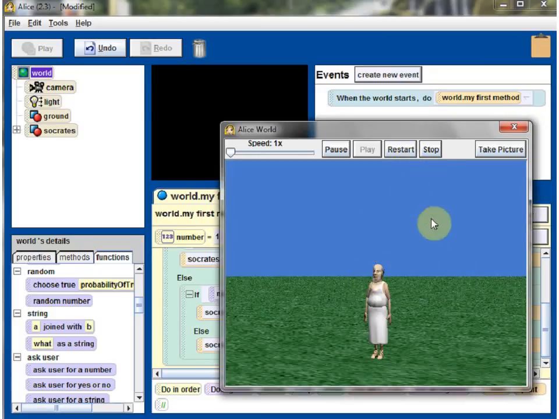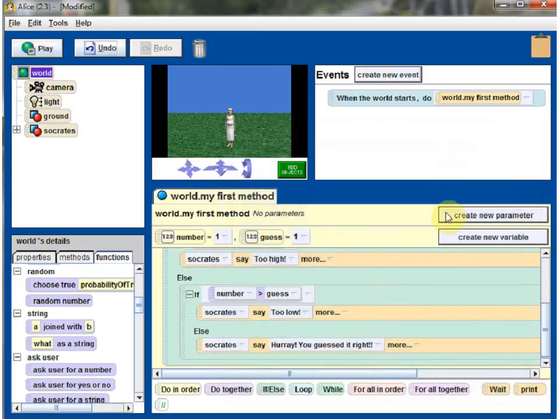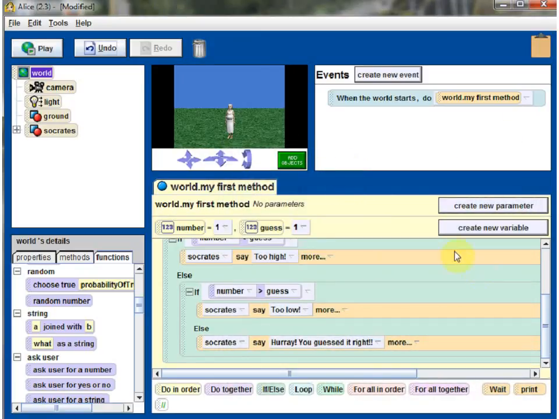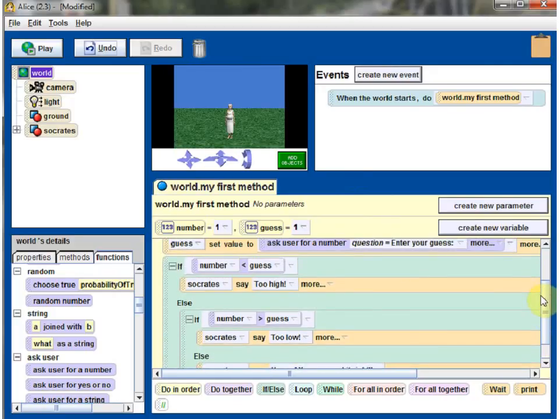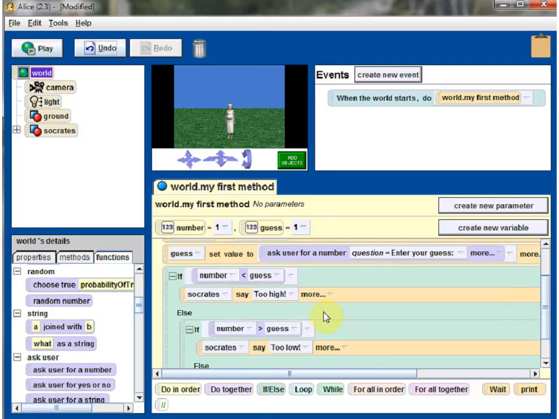Okay, finally. So you kind of got the idea of distribution. This is pretty good, but that's not exactly what we want. We want the user to try again, right? So let's modify this program so that the user can try again a few times. For that, anytime we want to keep trying again and again, we want a loop,